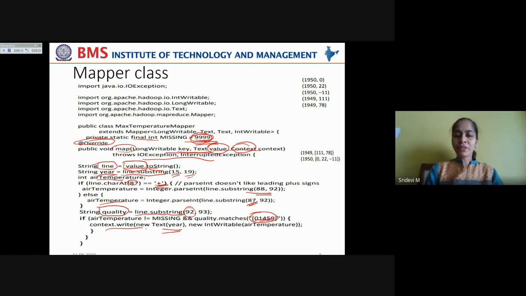You are writing a new instance for this Text and passing the year that is extracted as a substring from the input split, and new IntWritable, which is taken from the A temperature, right? So this is again treated as the key value pair, which is given as input to the reduce phase.